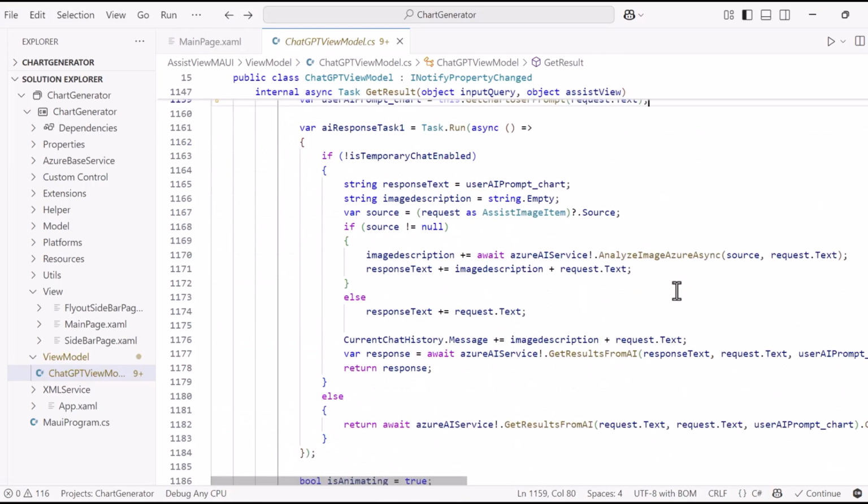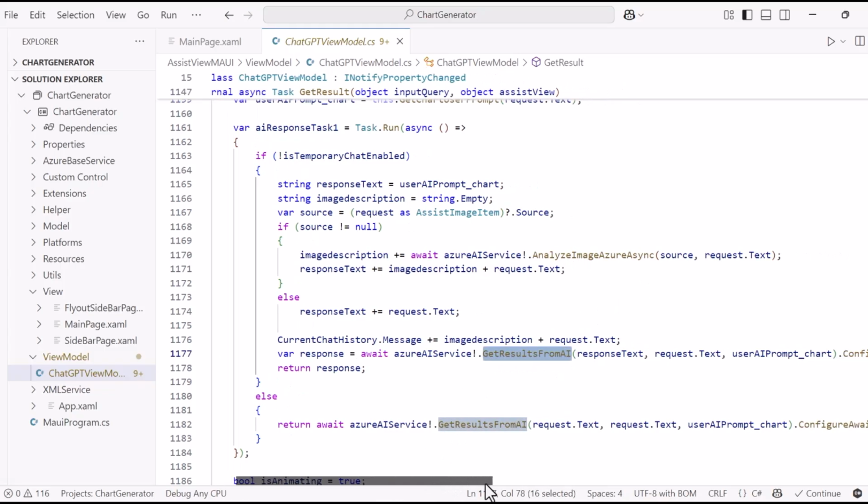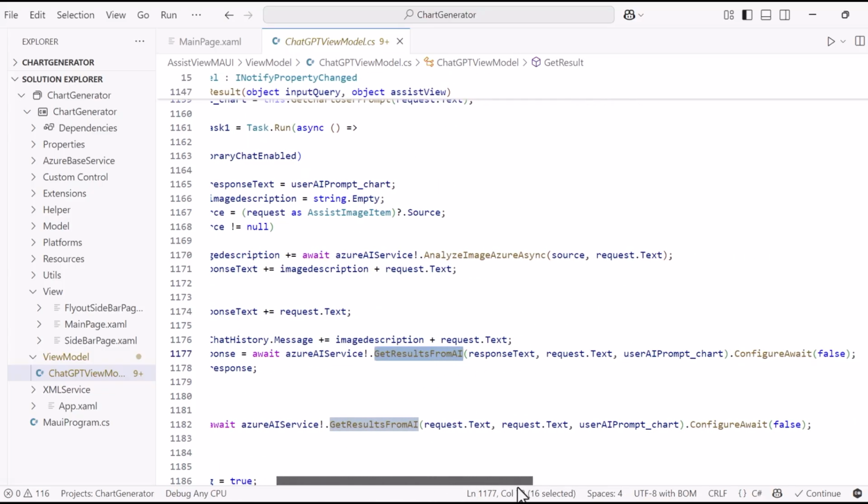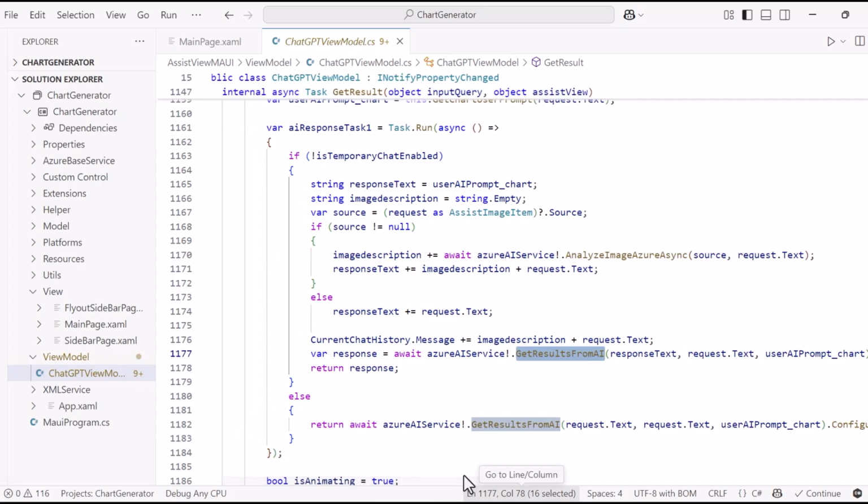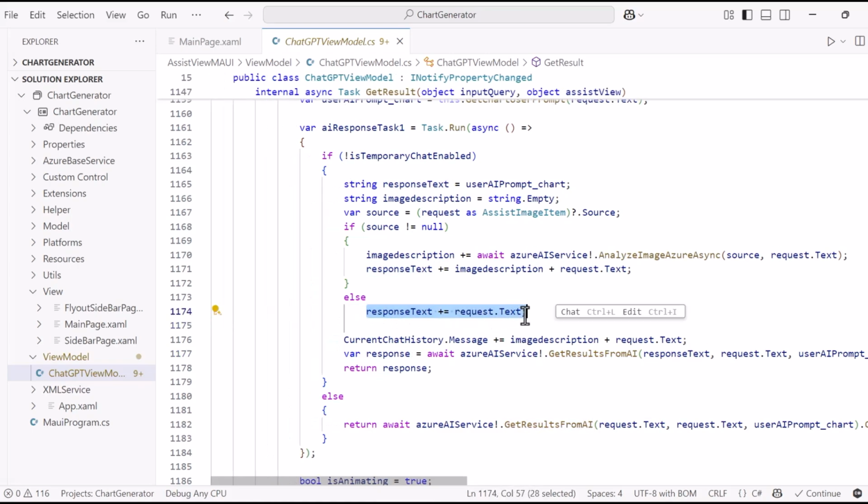The next step is to send the prompt to the Azure OpenAI service. Since we have three different types of inputs, predefined prompts, user text inputs, and images, let's see how they are handled. For predefined prompts, the predefined text is sent directly to the AI service with the chart generation prompt. For user text inputs, text is formatted with the chart generation prompt before being sent to the AI service,